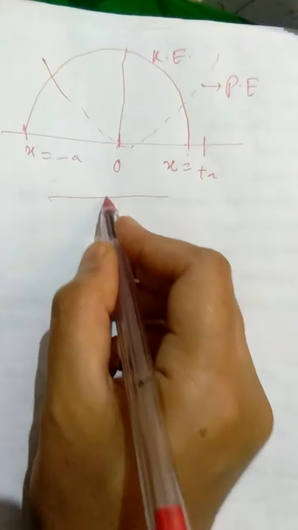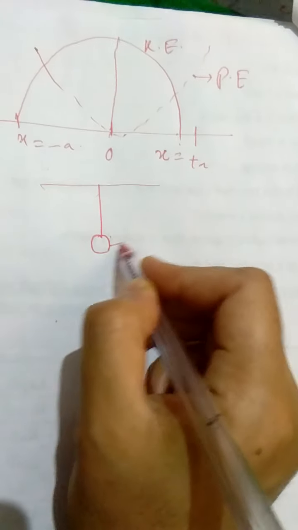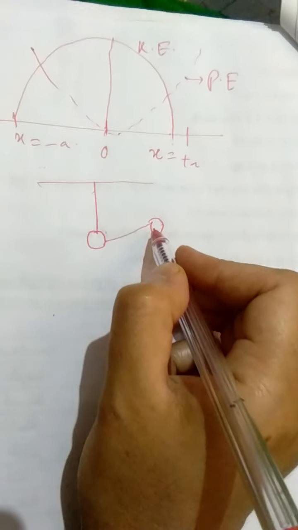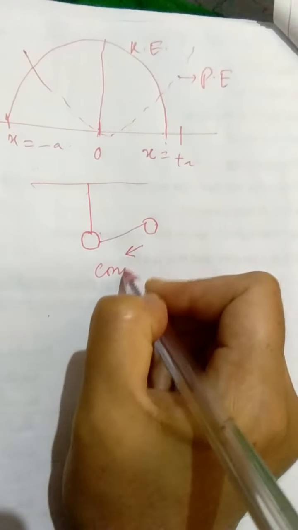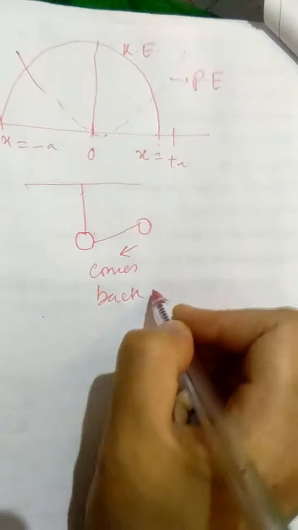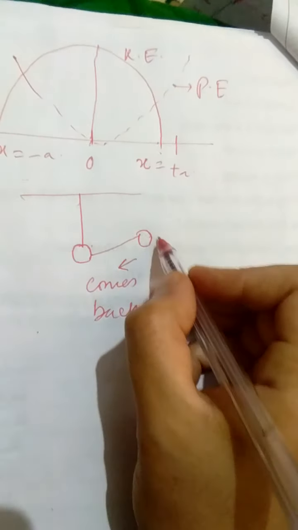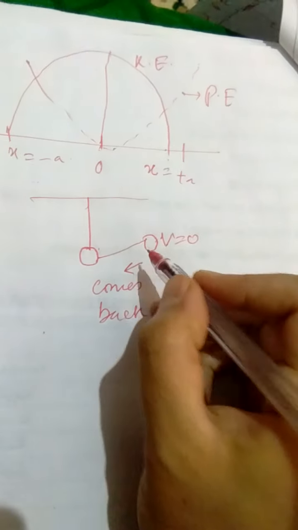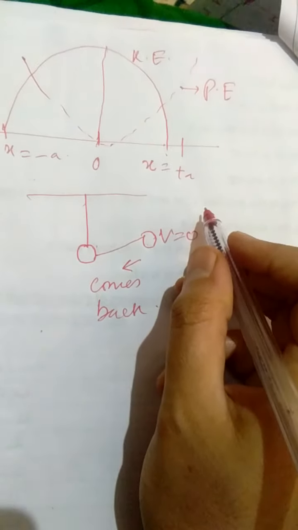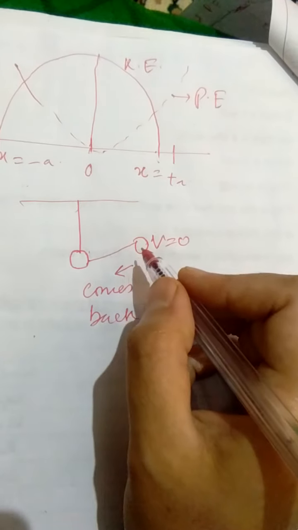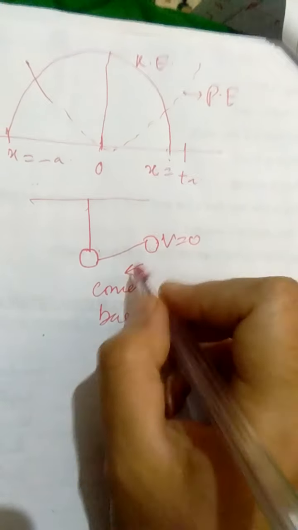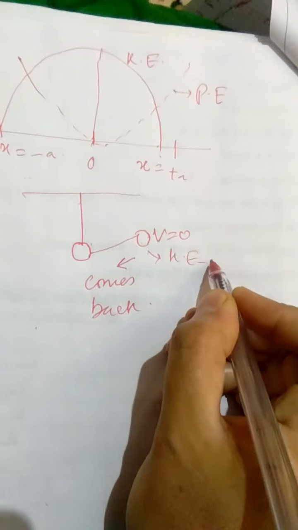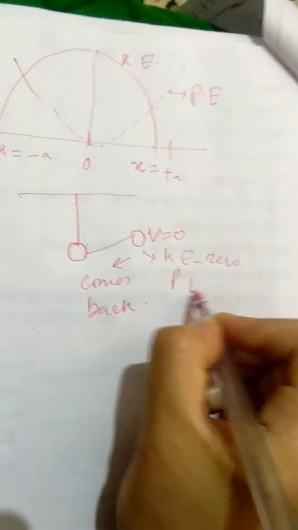See, when we oscillate a pendulum and we take it to some extreme position, it moves a certain distance from its mean position to extreme position, and then it comes back. So we can assign a reason to that. It comes back because its velocity is zero at this point. If its velocity had a certain value, it would have still gone further, but it doesn't. At a certain point, it loses its velocity, becomes zero, so it comes back. Therefore, at extreme position, remember, kinetic energy is zero, but potential energy is maximum.